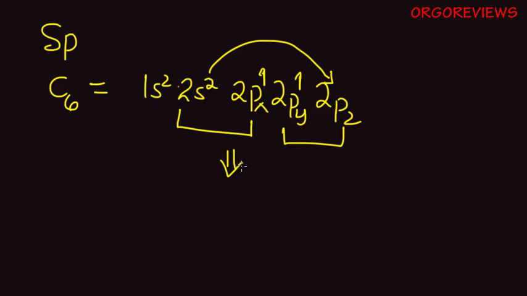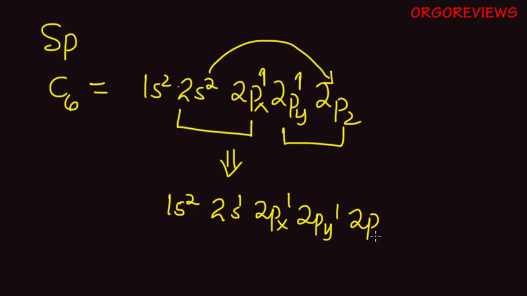So this will lead to 1s2, 2s1, 2px1, 2py1, and then 2pz1. But the interesting thing is that it's only two orbitals that will mix, and that will produce what we call the sp orbitals. So that will only give us two bonds. And the bond angle between the sp orbitals is just 180